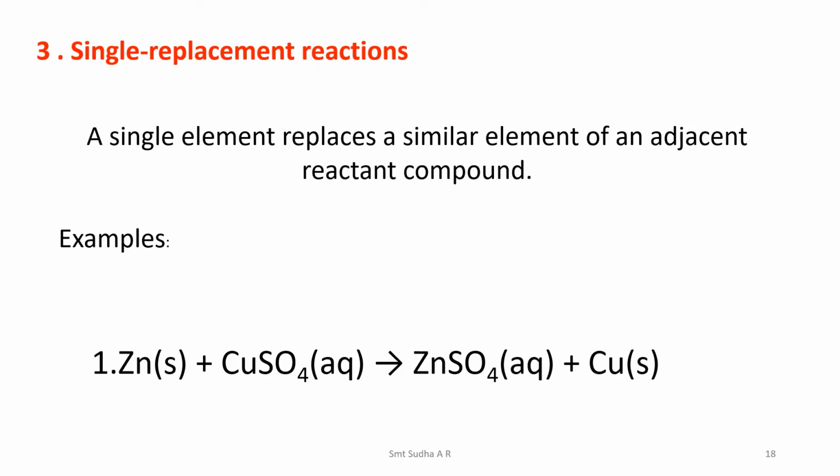What single thing is going to be replaced? Observe the first equation. Zn plus CuSO4 gives rise to ZnSO4. See, observe SO4. It has changed its position. So then zinc sulfate it has become. On the reactant side it is copper sulfate, and when it reacts with zinc, it becomes zinc sulfate. One element replaces another in the compound and changes its position.